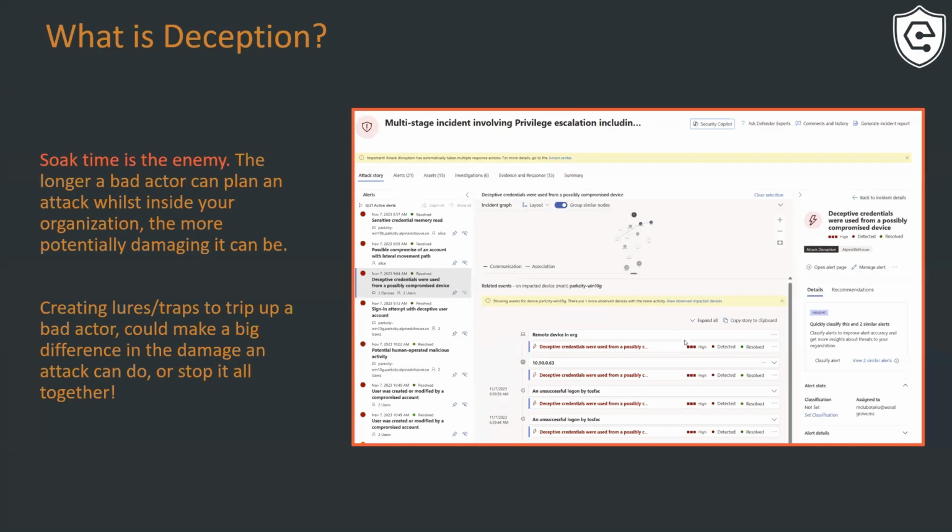Another interesting thing about deception is it's one of the only ways to catch insider attacks. So maybe you've got Bob in accounting and he's getting offered 5,000 Dogecoin to grab some intellectual property. Well, first off, he should have looked this up. That's only like 500 bucks. But second is he starts poking around the environment, he's going to trip up on these sensors as well. So you're even going to know if someone inside your environment is doing something that they shouldn't be.